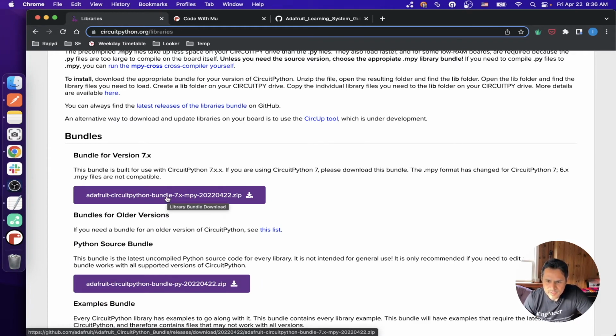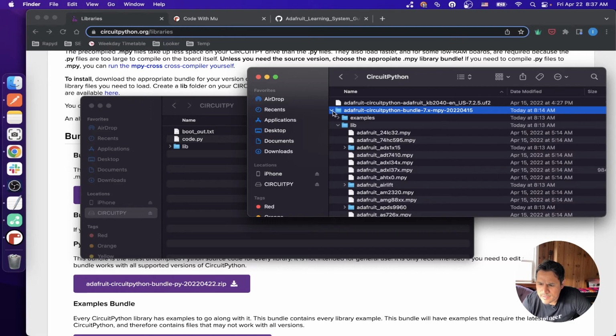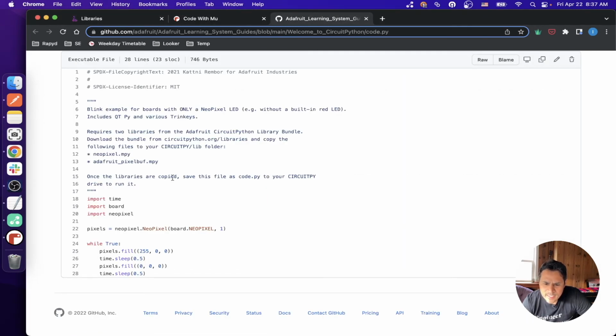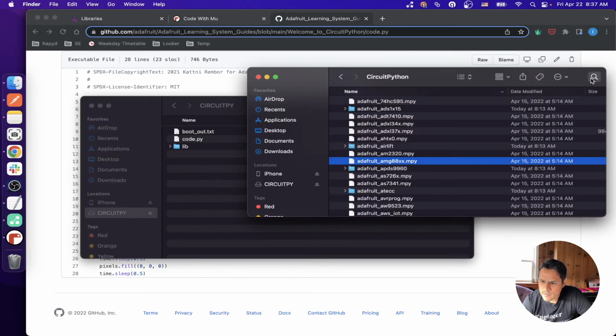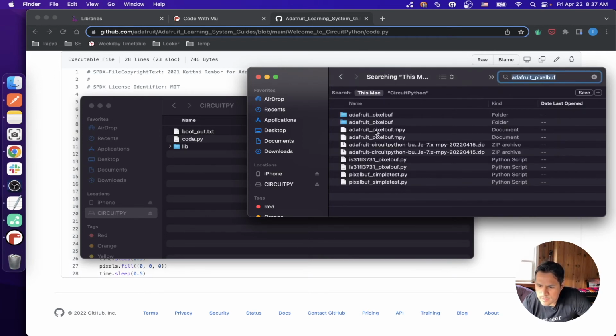So download the bundle. Again, I already have it here in my drive, and this is the bundle. So I'm gonna open the bundle and find these libraries, the Adafruit Pixel Buf. So this one,